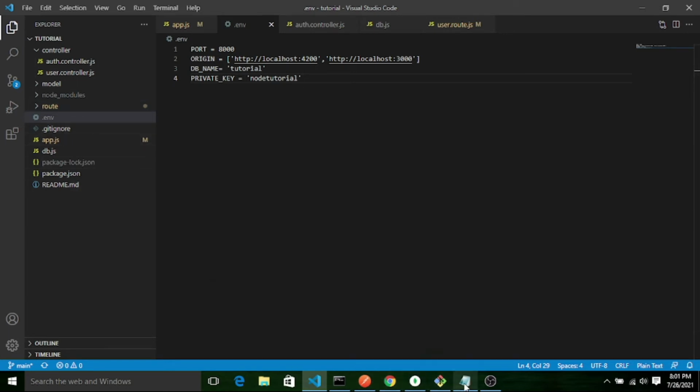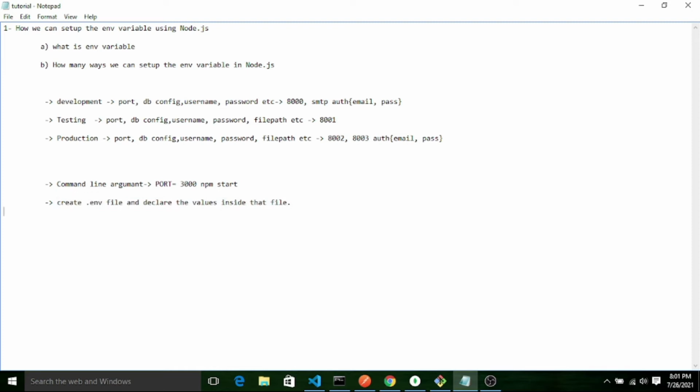I'll write here for this one. I'll write this tag: create .env file inside your project directory. Okay. Second line, one more line I will show you. Always don't forget to add this file into the git ignore file.